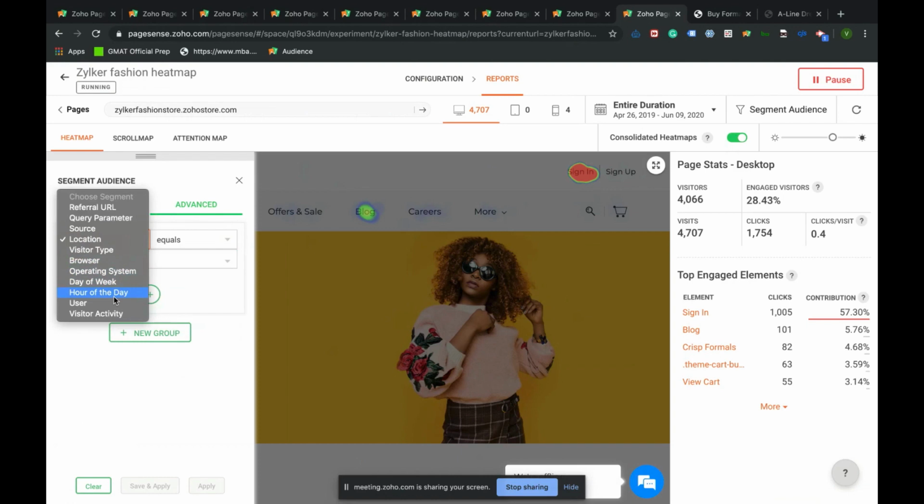Apart from this, we would also be able to see users' activity based on the user and the visitor activity. So say once your user signs up to your website, you can segment the custom audience here, and you would be able to do that based on the custom JS that we have, and track that specific data. And then you would be able to do this based on the visitor activity as well. Say you have a customer who has signed up and performed a specific action, that can be configured as a goal, or any call to action button, and you can segment these audiences separately and see their behavior on your website.